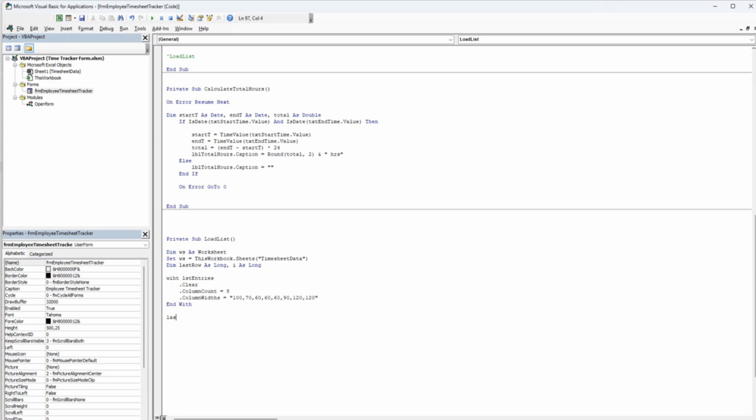Then we're going to do a last row equal ws cells ws.rows.count, comma 1, take it from the first column and do an end xl dot row. And then we're going to do a for i equal 2 to last row